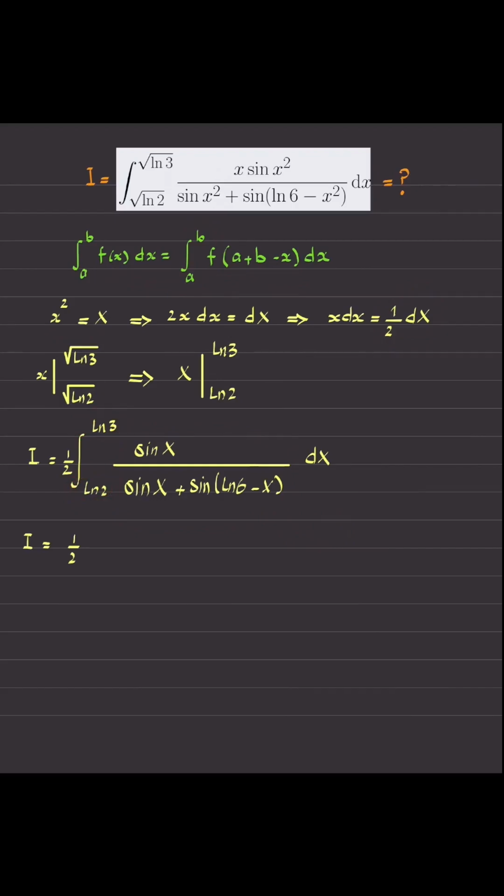Okay, so I can also be written as the integral from ln of 2 to ln of 3, but sine, instead of capital X, I write a plus b minus capital X, where a is ln of 2, b is ln of 3. So this becomes sine of ln of 2 plus ln of 3 minus capital X,